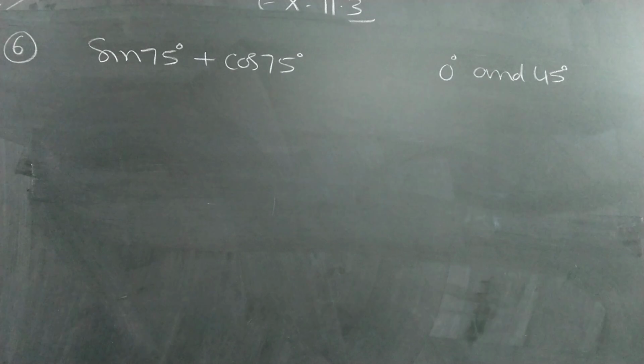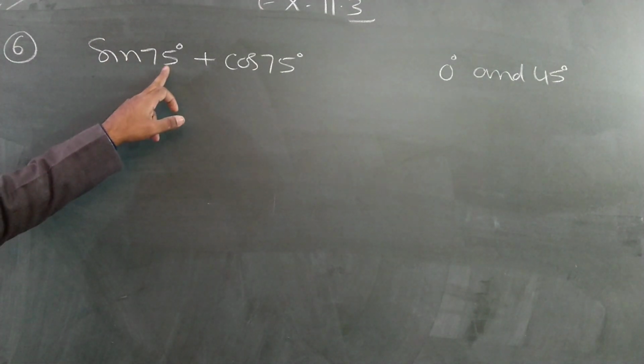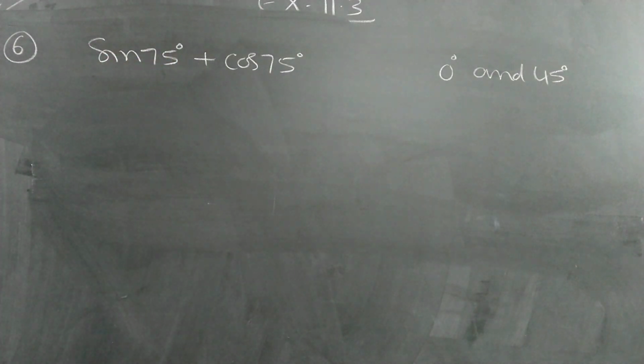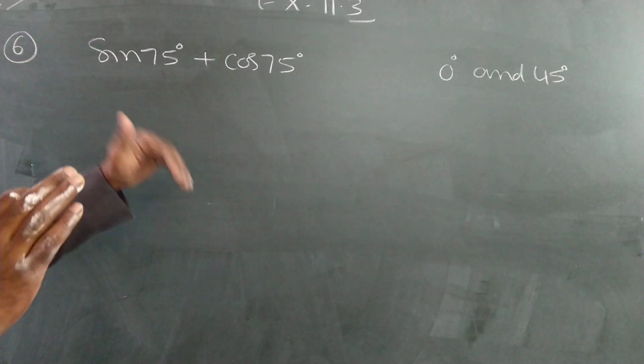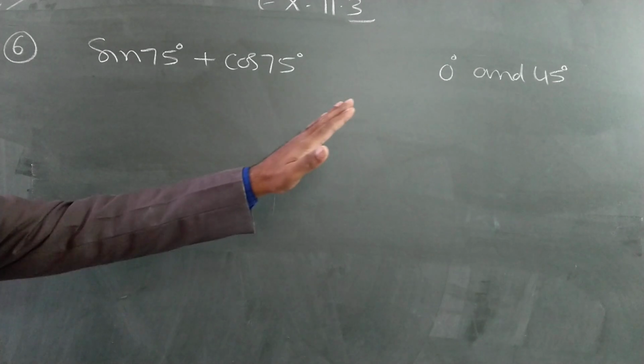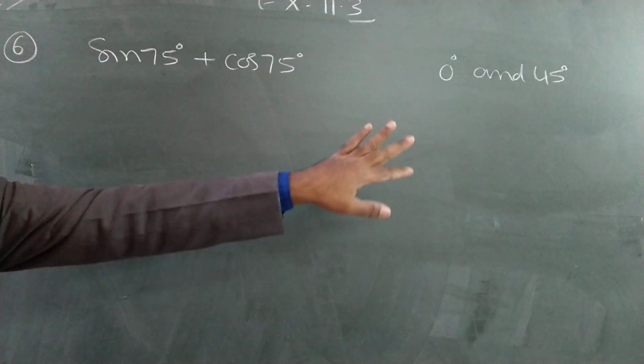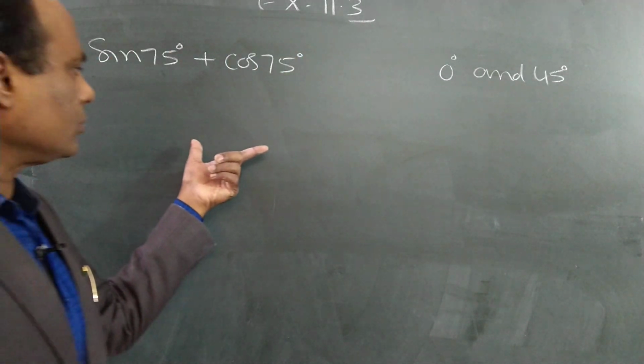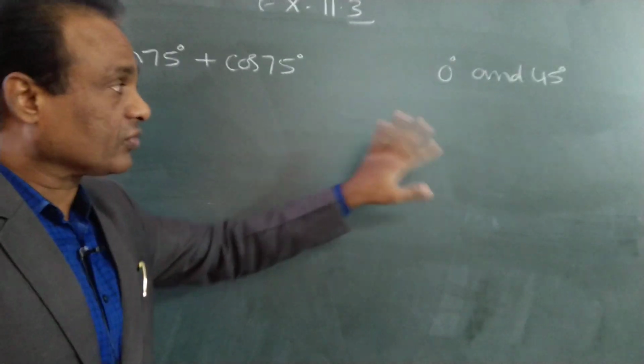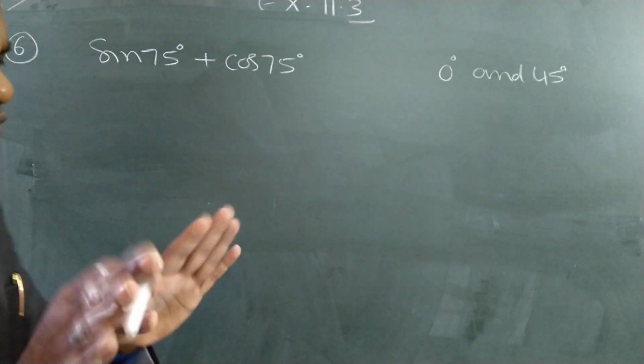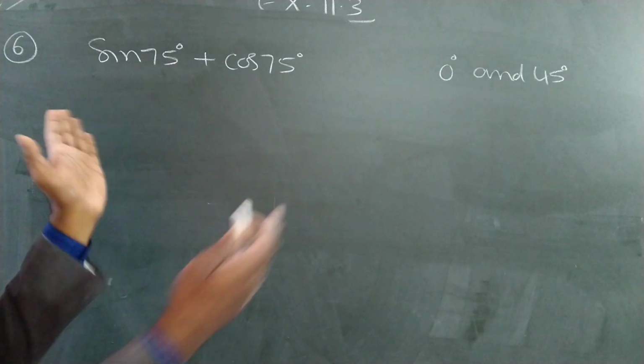See, there are two methods. Directly, sin theta is equal to cos 90 minus theta, we can write. For all the problems in this exercise, we can apply the formula in this order or in reverse order. As per our definition we can use it, or in reverse order also. So I will explain from the straight order.